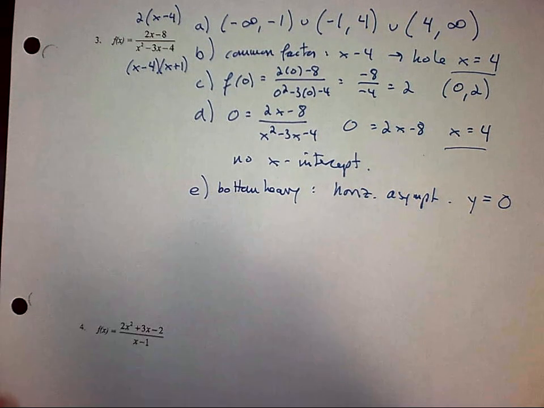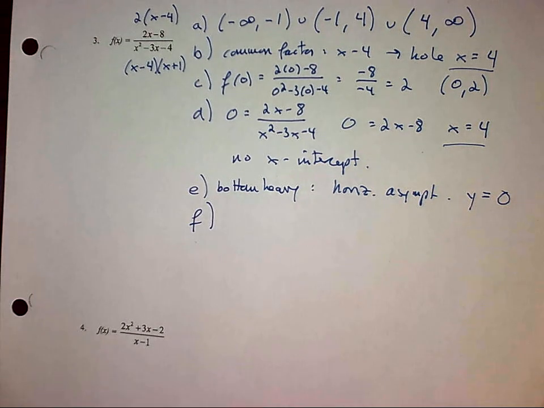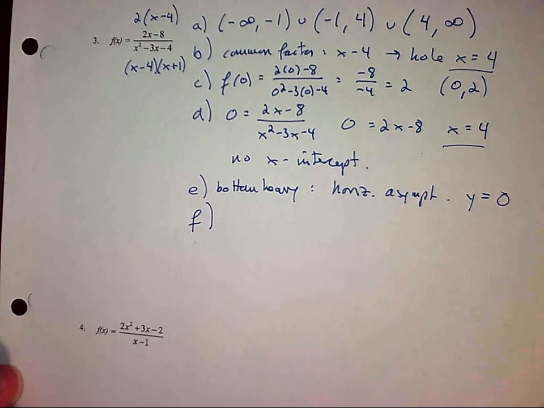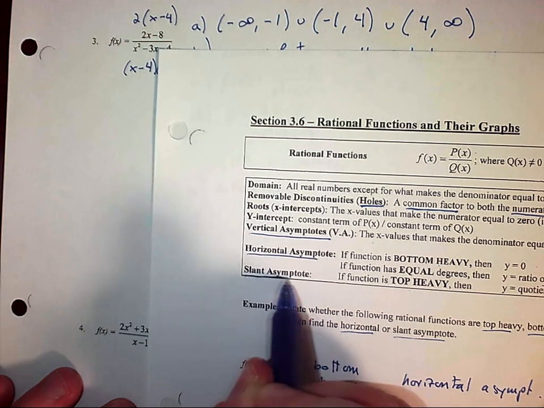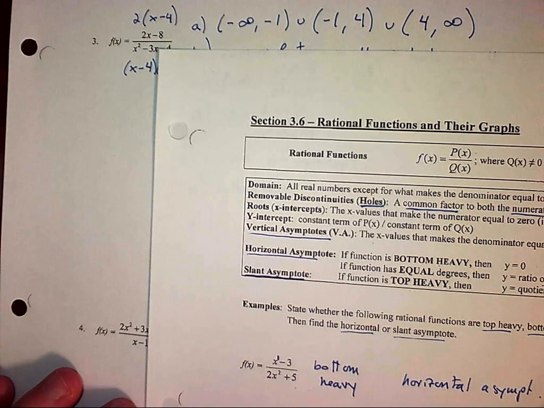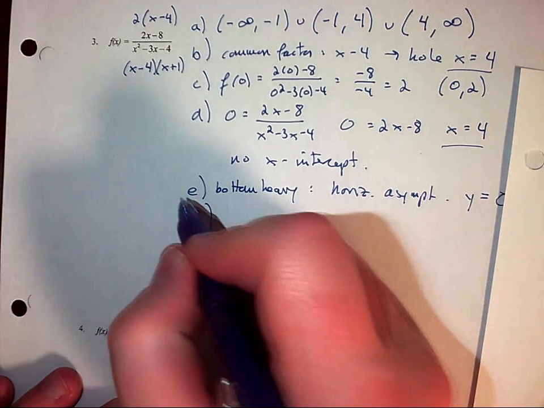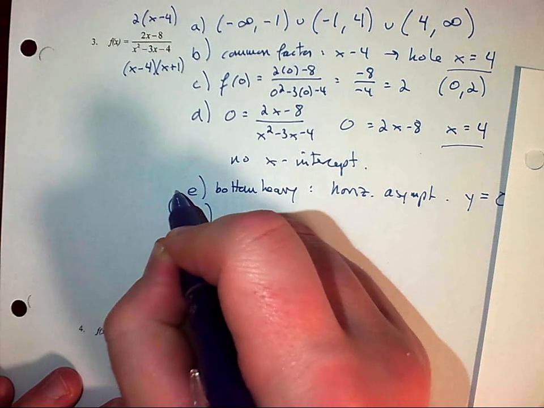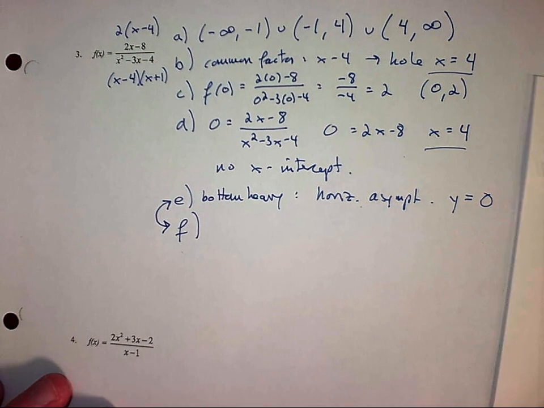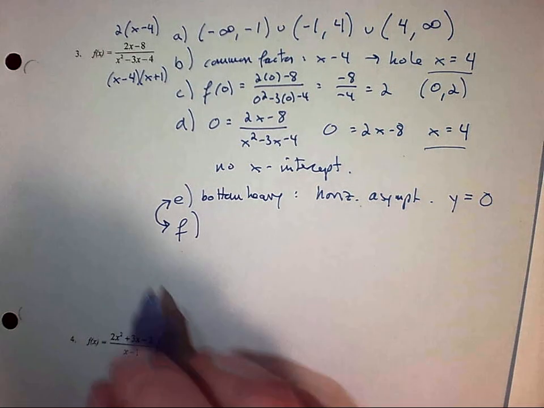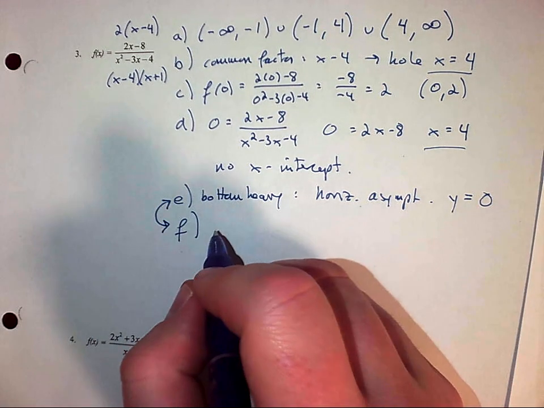For F, did I skip one here? We stated the vertical asymptote. Oh, I did this a little bit backwards. I got that messed up, y'all. I was talking about finding the horizontal and the slant asymptotes, and I was calling it vertical asymptotes in that example. So what this really is right here is I just found that our horizontal asymptote, but for some reason I was writing horizontal, but I think I was saying vertical, because for E I was supposed to find